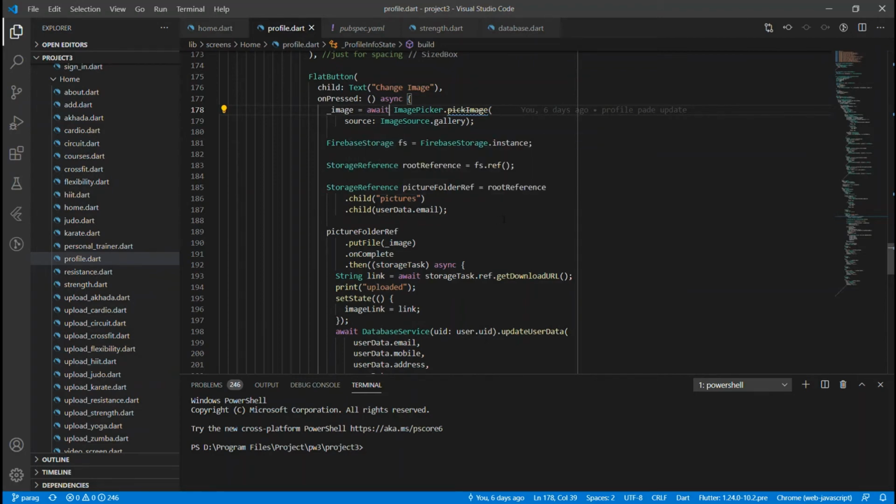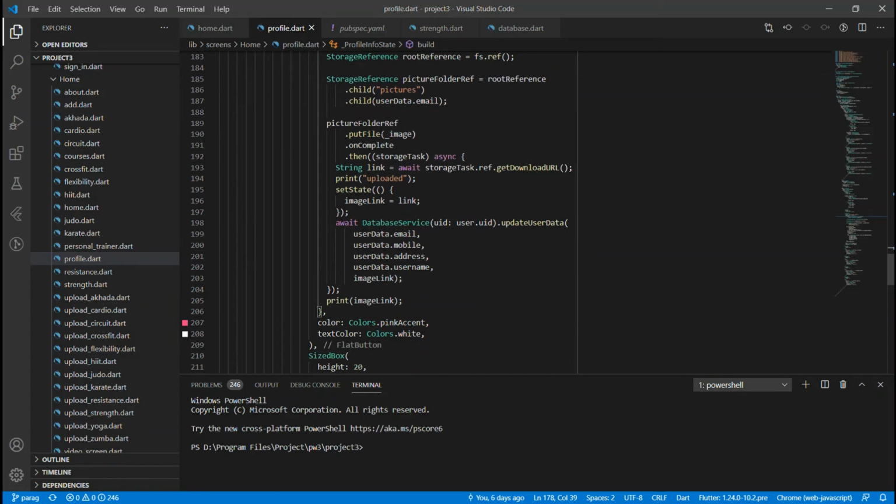Then to that reference we'll add the path where we have to add our picture. So I created a pictures folder, and into that pictures folder reference we can name it anything. It can be static or dynamic, it's all up to you. Since I'm uploading it for a user, I have linked it to the user email ID, so it's a variable. Also we can change it. If you keep it static, the image name will be always the same for each and every user, so it's kind of difficult.